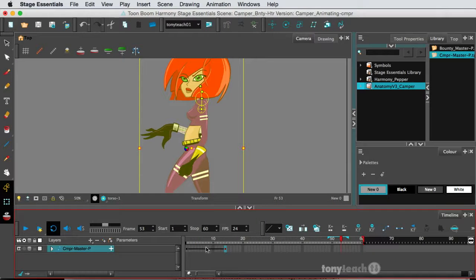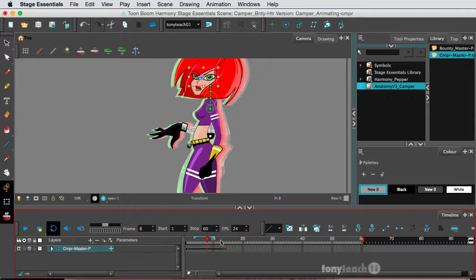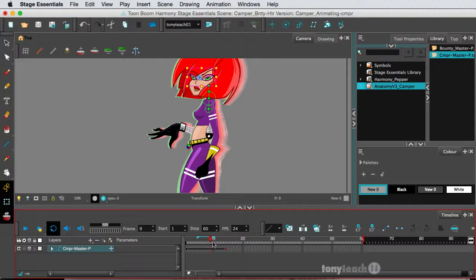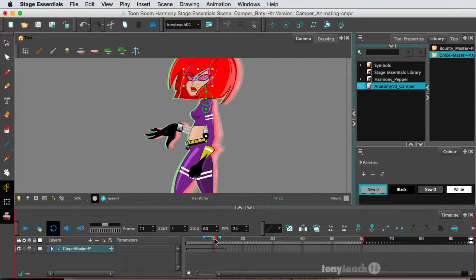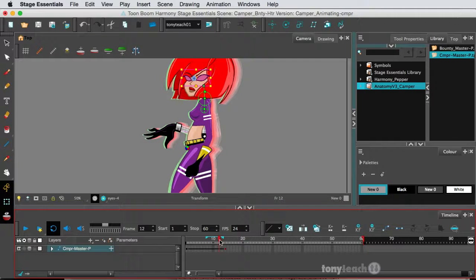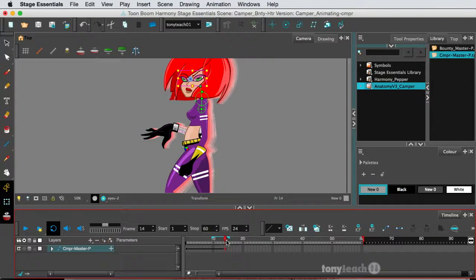And last but not least, we also have control over her blinks, things like that. So maybe midway we'll start her eyes to blink a little bit. We'll move our playhead forward. And I'm just using my less than and greater than keys on the keyboard. And I'm controlling the blinks with the bracket keys. I'm moving back and forward to the drawing substitutions using the bracket keys. And move forward so they're open again. And if I play the loop,